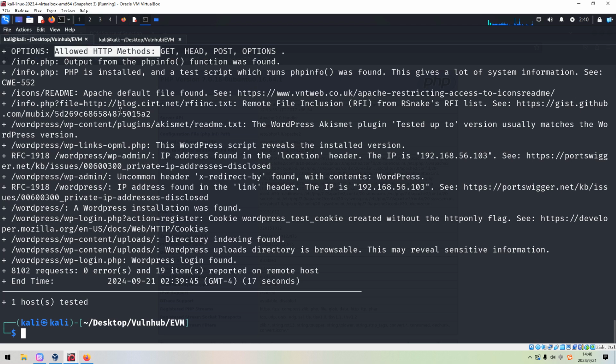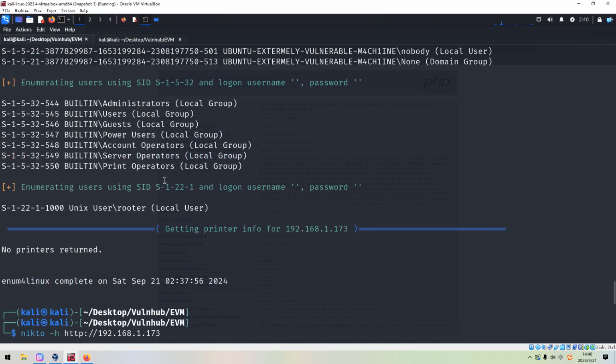Okay, and WordPress, of course. I think the WordPress even shows your IP address found in the link header. However, the IP is this one. So I think this is the weird thing for this machine. As you know, the IP address of the target is which one?